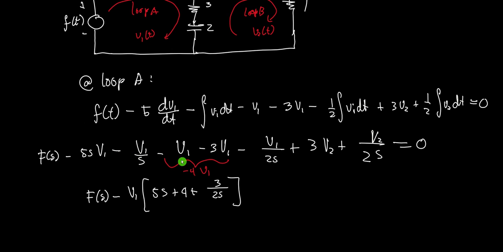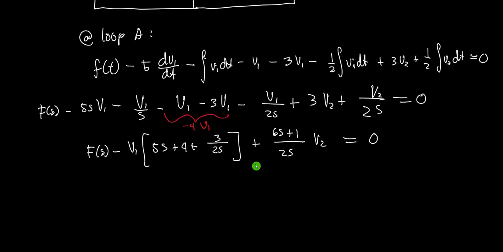So these are all the V1s. And for V2s, here we have plus. We can also add them. 2 over S divided by 1 times 3. The 6S plus 1. And this is V2 equals 0. Then we can call this one our equation 1. Then for equation 2 at loop